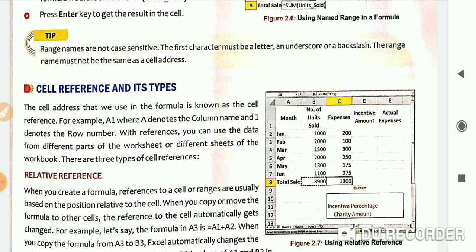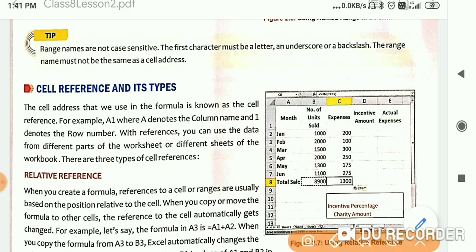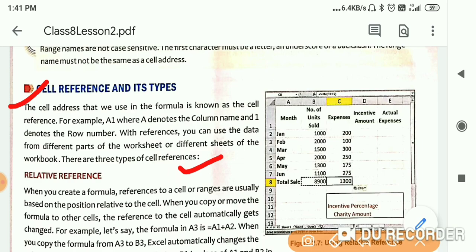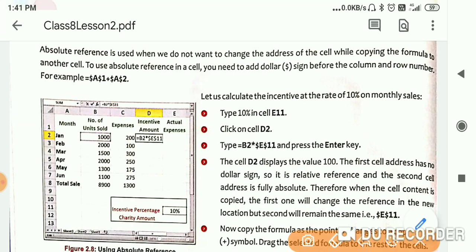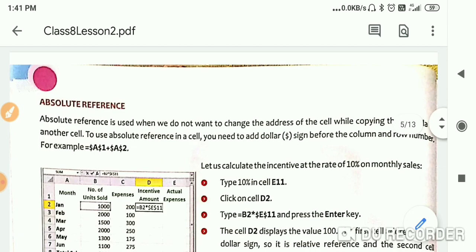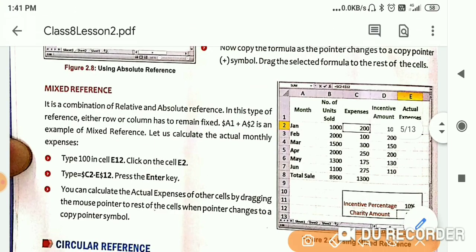and you have to write the first full paragraph, that is beginning from here till here, and at the last it is written there are 3 types of cell references, and then just write the names, and names are relative reference, absolute reference, this is absolute reference, and the third one is mixed reference. So you need to write only different names. So this is all about answer 2.